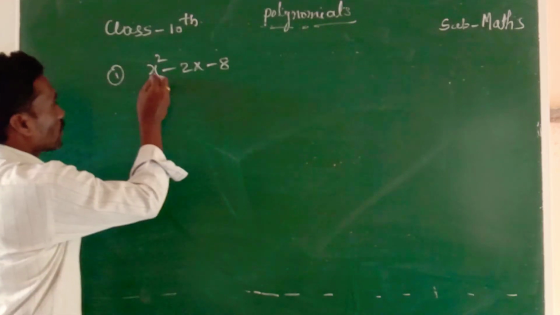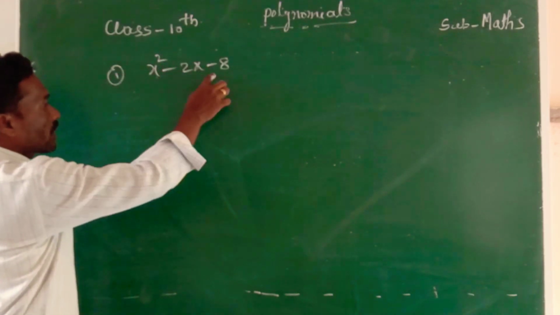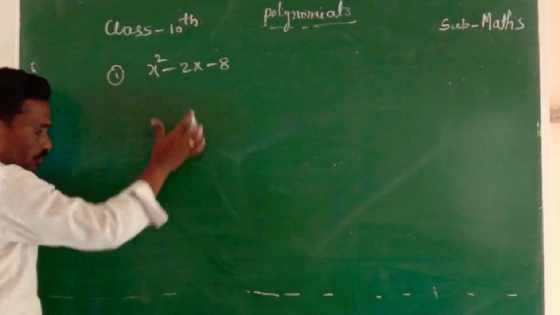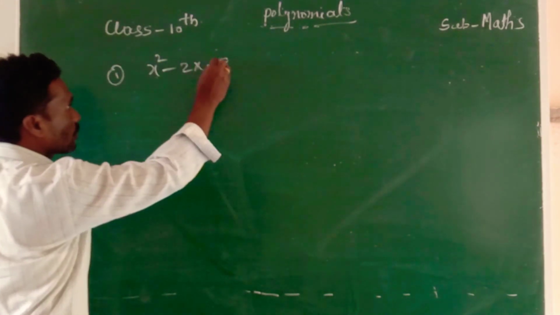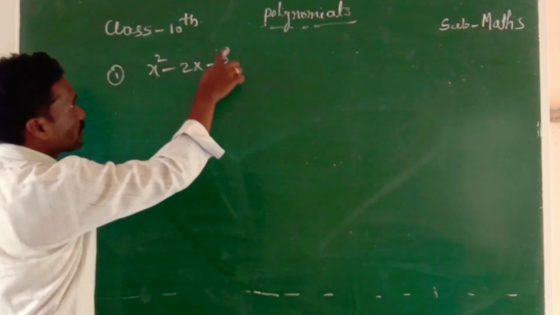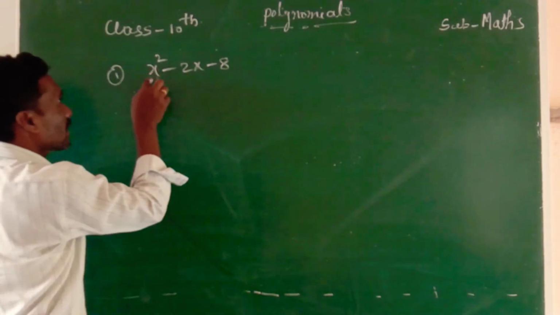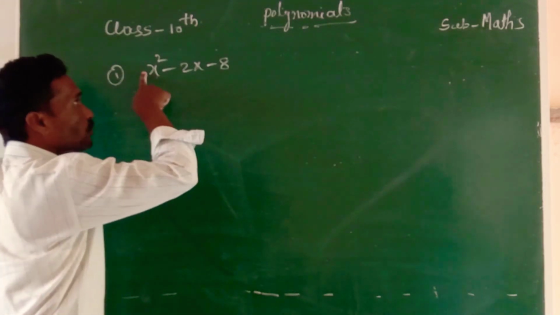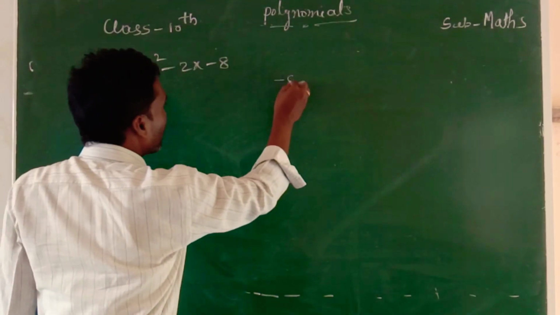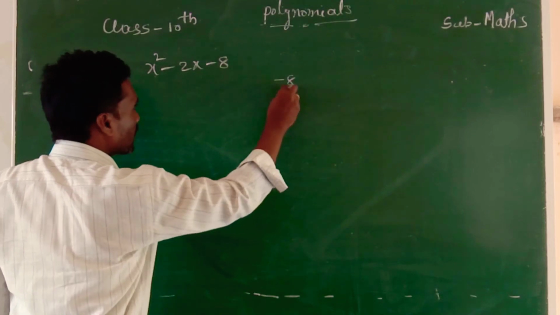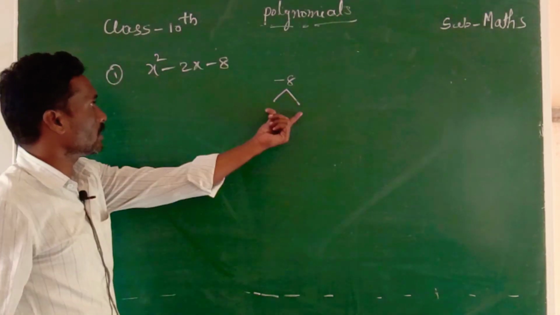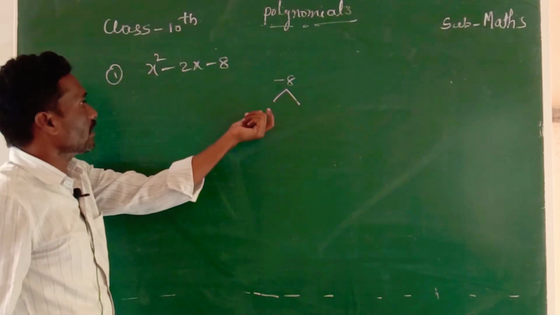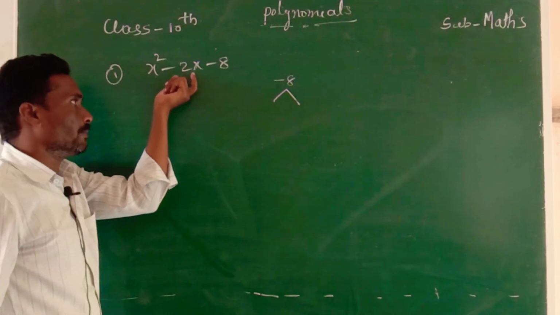So now here, x square minus 2x minus 8. By splitting the middle term, I am going to find the zeros of the polynomial. First we will go with the zeros of the polynomial. See here, a into c you have to do first. Coefficient of x square into constant term you have to multiply. Here nothing is there, means 1, and 1 into 8 is minus 8 we are going to get. Split this one as two terms, and if you multiply we have to get minus 8, and if you add or subtract we have to get minus 2.